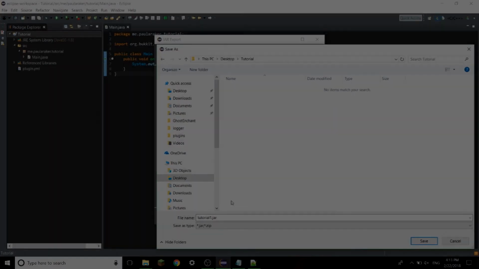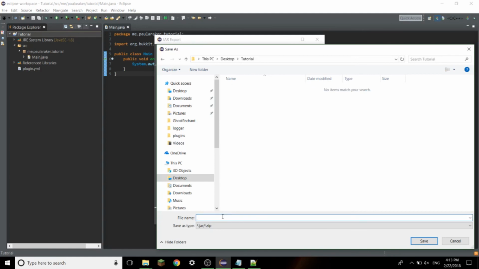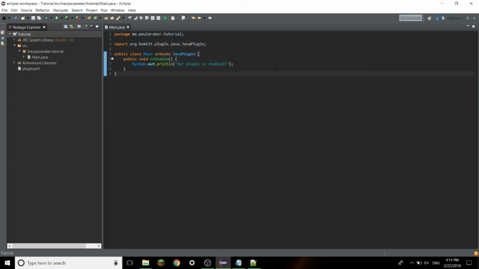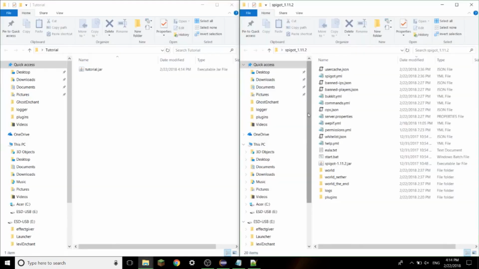So tutorial. All right. So just get a dedicated folder on your desktop or wherever you want to put it. Just make sure you have a dedicated folder so your desktop doesn't get spammed with a bunch of jars, and you can keep them all in one place. So I'm just going to call this tutorial. And it will automatically turn into a jar. You can see there it does. And then finish. And then our jar is going to be in our folder. All right, so you can see the tutorial.jar